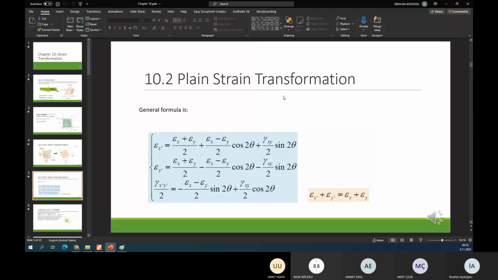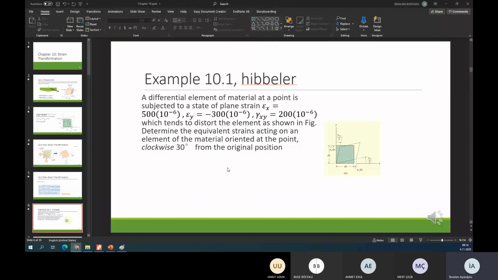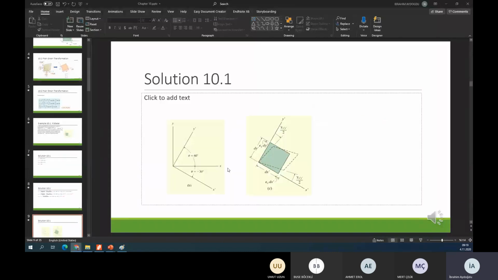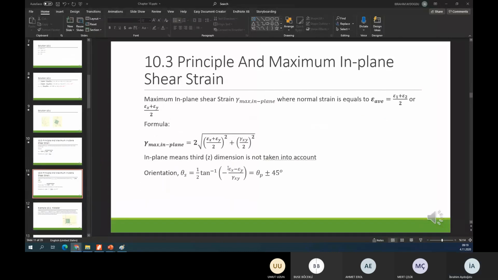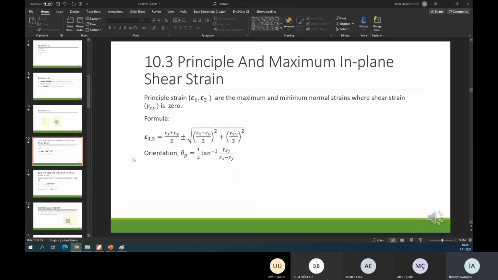So clear. Okay. I'll continue. So I did this example. I think I can solve also